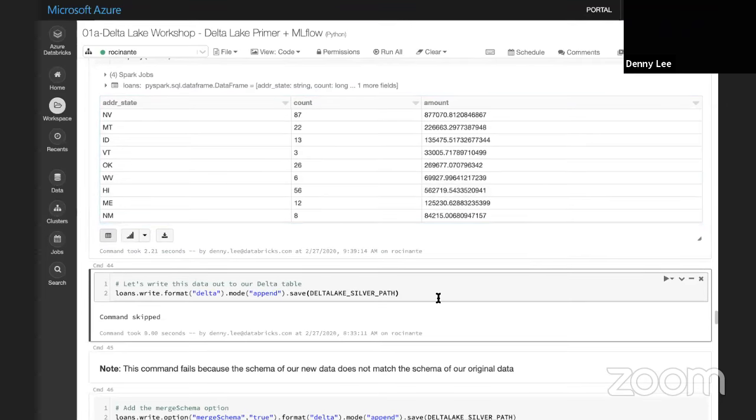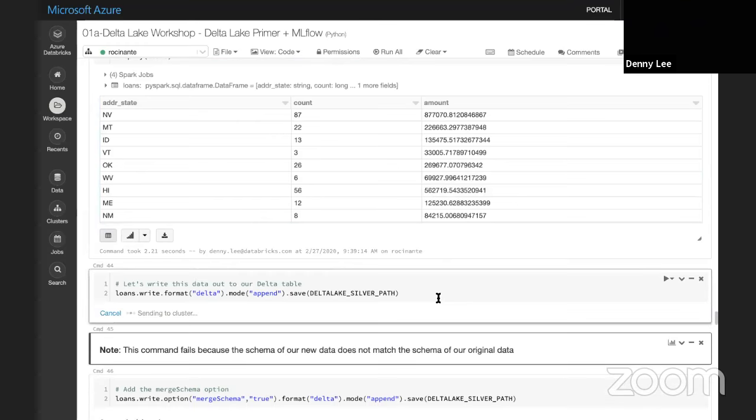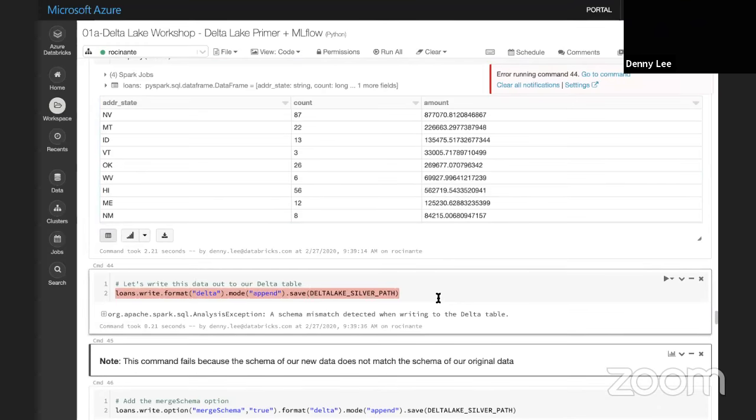And so now I want to go ahead and say, yeah, let me include that amount information because that's super important. Well, that's the fourth error here, because we actually want to enforce the schema. So this is actually a desired error. In other words, as you're putting data into your data lake with Delta Lake, you ensure that you're not going to overwrite the data that you have there, or put potentially corrupt data in because maybe it was human error. We weren't supposed to put the amount data inside there. It was by accident.